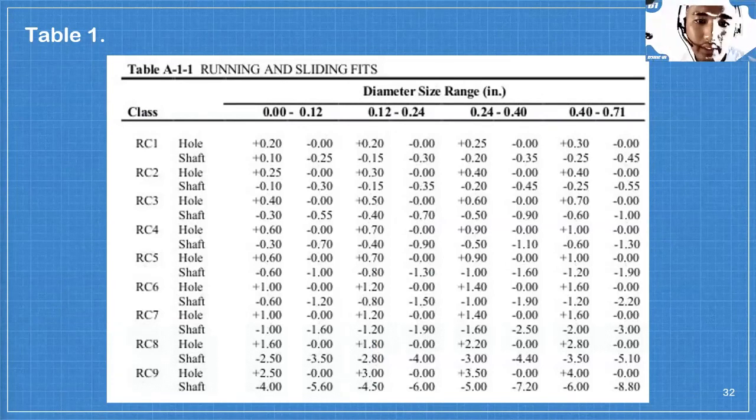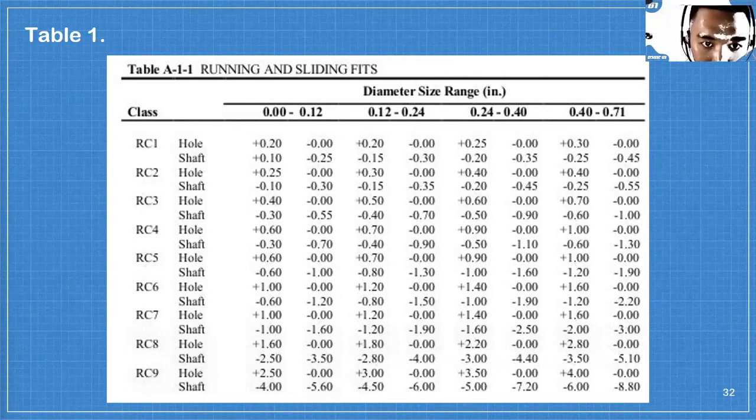Halimbawa naman ay 0.3. Dito siya sa 0.24 and 0.40. Ito namang nasa left side, yung mga class, yung RC1 and RC2 hanggang RC9. Ito yung dinescribe ko kanina. Itong hole,